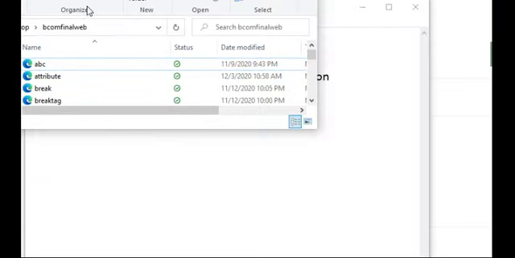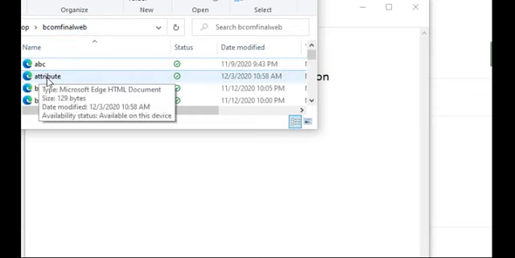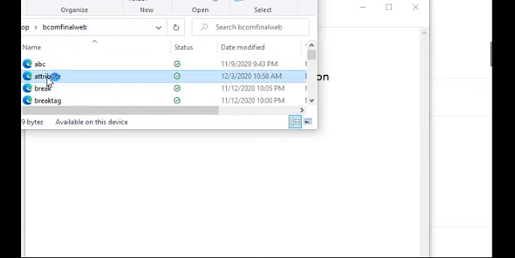Now go to the folder. In the document folder you have the attribute file. I am clicking this attribute file.